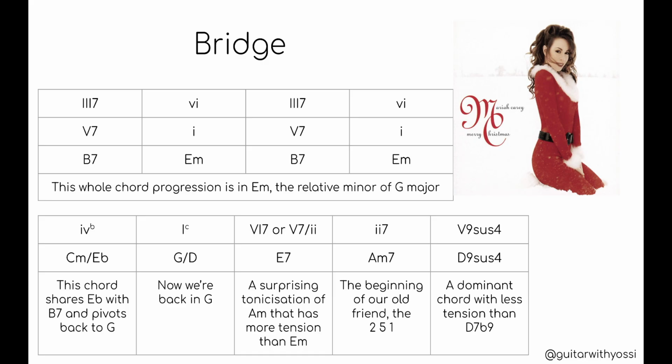We have our E7, which is our 5 of 2. I've written a surprising tonicization of A minor that has more tension than E minor. Let me play it for you with E minor, and let me play it for you with E7. So we have C minor, G, E minor, A, D. Now, let's hear it with E7. So C minor, C minor, G, E7, A minor,